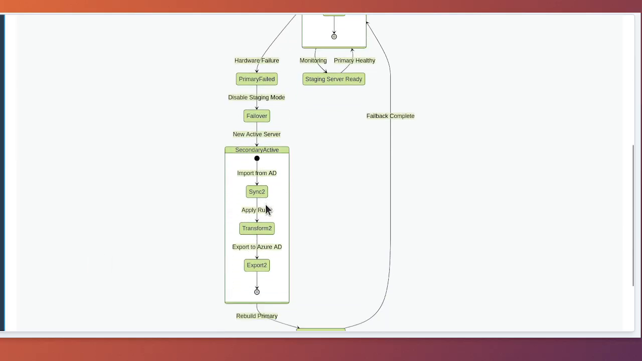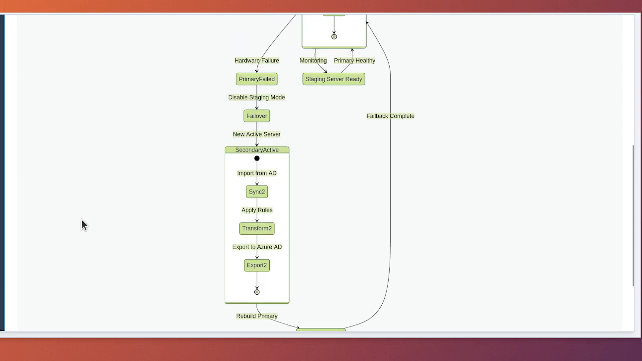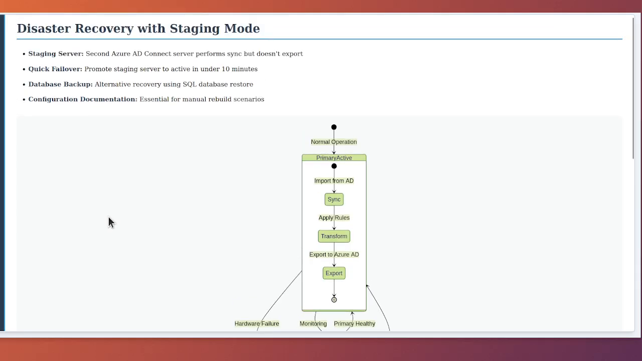Connect wizard. Select the option to disable staging mode, which requires global administrator credentials for the Azure AD tenant. After confirming the change, the server immediately begins exporting changes to Azure AD and becomes the active synchronization server. The entire failover process typically takes less than 10 minutes, during which synchronization is temporarily paused but user authentication continues normally. Database backup and restore represents another disaster recovery option, particularly for scenarios where the staging server approach is not